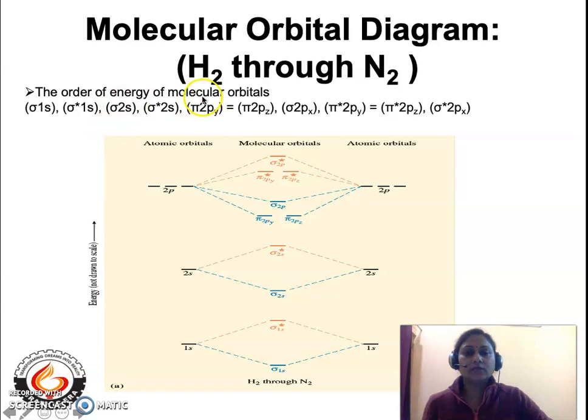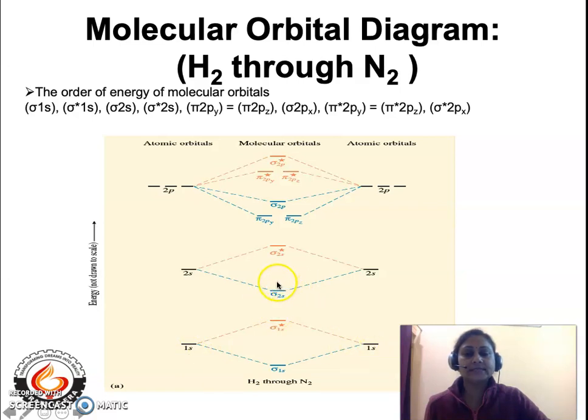So let us see what is a MO diagram, or how we can draw the MO diagram. This is our typical MO diagram, that means the molecular orbital diagram, and this is nothing but the arrangement of the molecular orbitals in increasing order of the energy. For any molecule from hydrogen through nitrogen, we have to draw the MO diagram in this fashion. The lowest molecular orbital is the sigma 1s, and then the sigma star 1s, and both are developed as a result of the overlap of the 1s atomic orbitals.